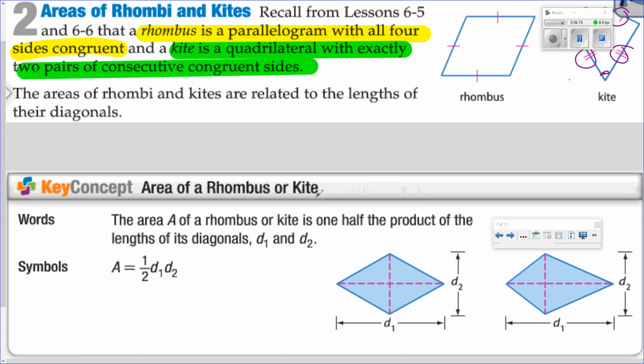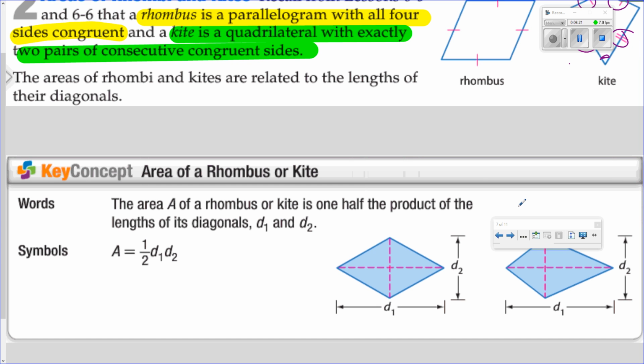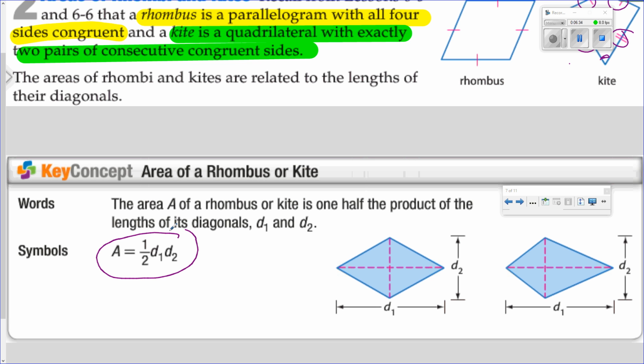The areas of these shapes are related to the lengths of their diagonals rather than the lengths of their sides. Okay, and the formulas are the same, because a rhombus is a kite where both pairs of consecutive congruent sides happen to be the same. It's just going to be 1/2 the product of the diagonals. We're just going to multiply the 2 together and cut it in half,